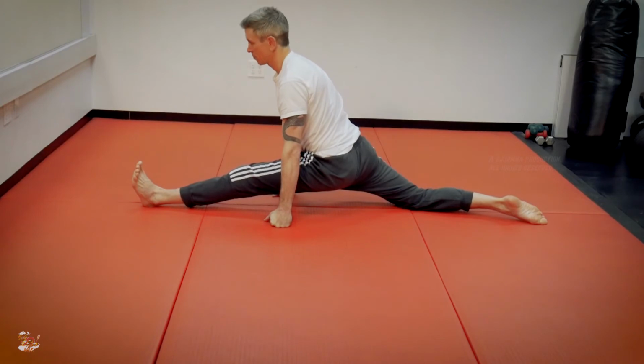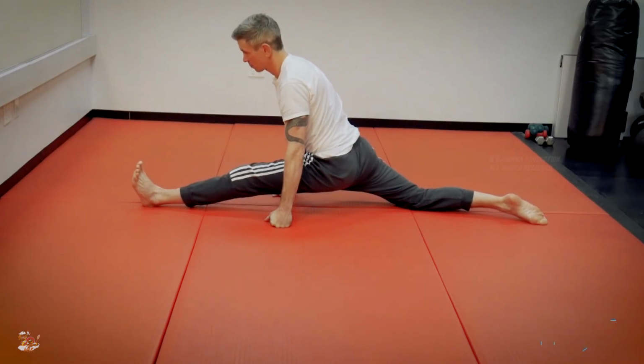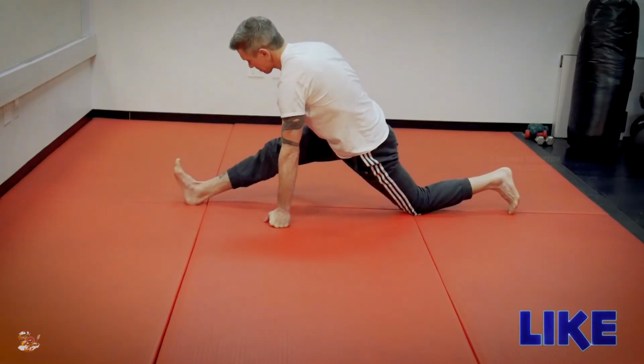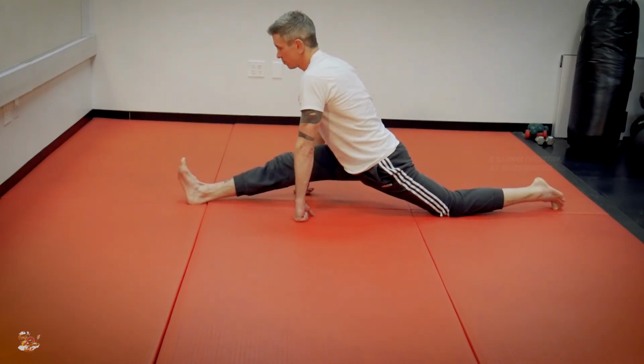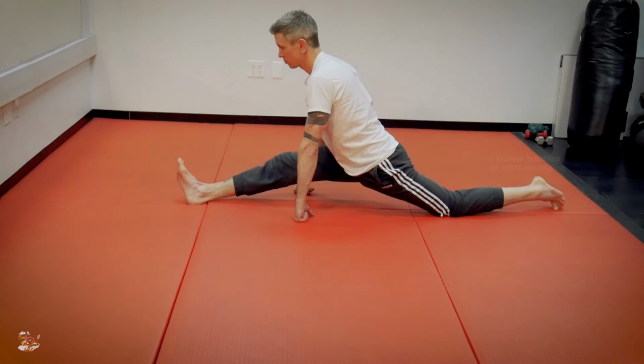So worst case, if you don't have a lot of time, do 5 minutes on the foam roller, do a warm-up, and then do your exercise. Best case, if you have time, do the foam rolling, then do your static stretching, then move into your warm-up and the routine that you're